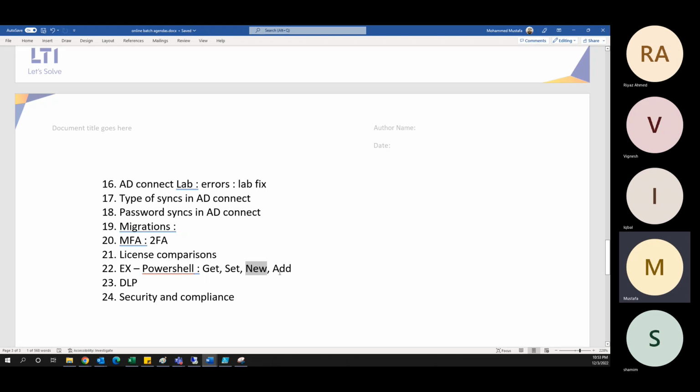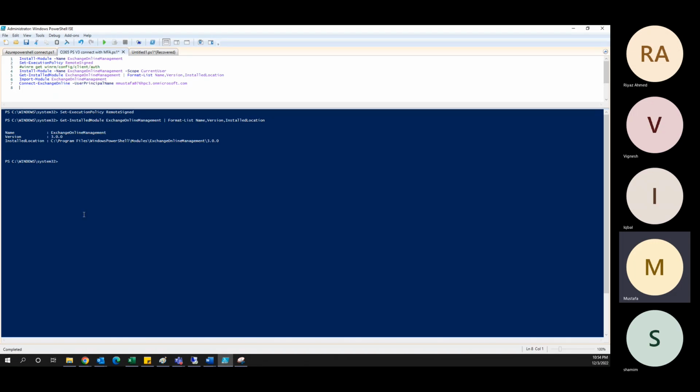So verb-noun. कमांड ऐसे ही रहते हैं, verb-noun। एग्जाम्पल के लिए Get-Mailbox। ठीक है, get तुम्हारा verb हो गया और mailbox तुम्हारा noun हो गया। कमांड इस फॉर्मेट में रहता है हमेशा याद रखना। And the verb can be get, set, new or add। ठीक है, so let's go to this PowerShell।